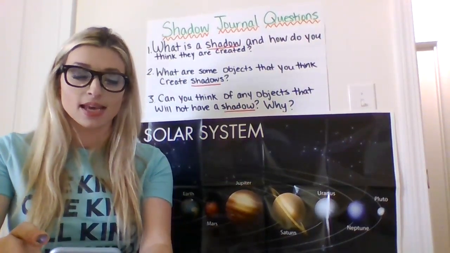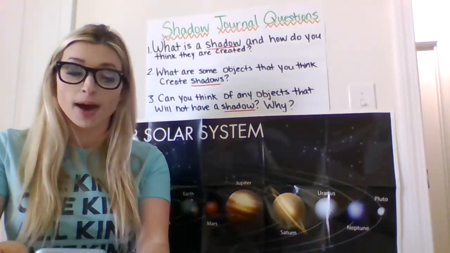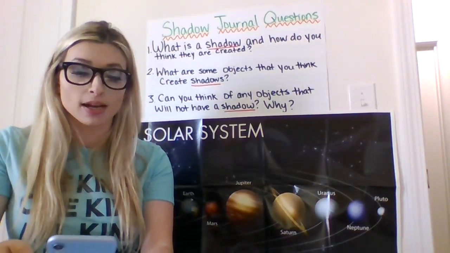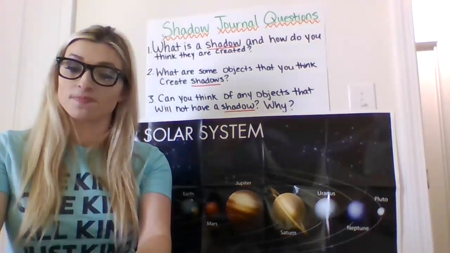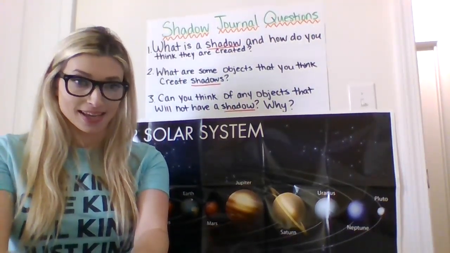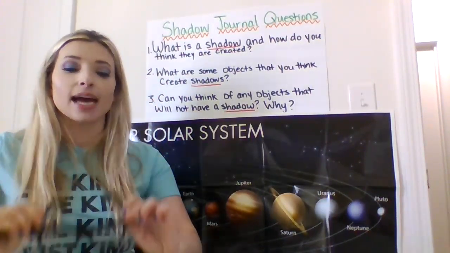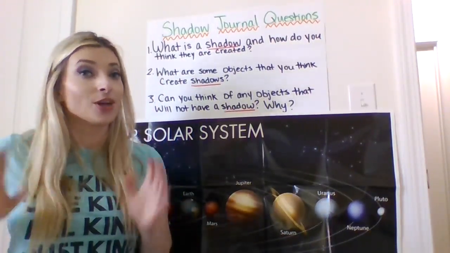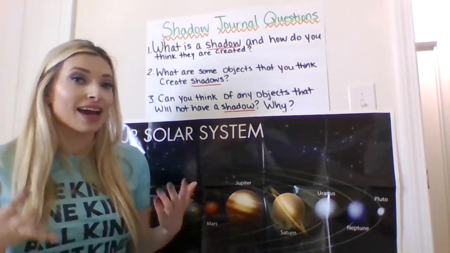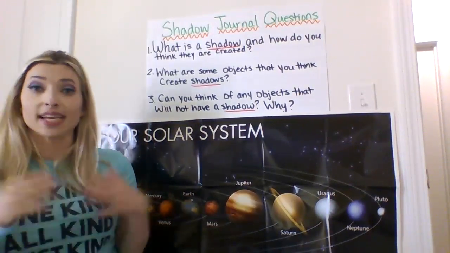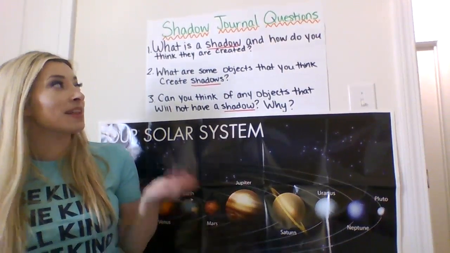So here it is. A shadow is a dark area or shape produced by an object coming between rays of light and a surface. So there's our scientific answer. One thing I heard when I was talking about that was rays of light, and we've already talked about our main source of light being the sun. So keeping that in mind, as well as any other forms of light when you're in your house or anything like that, I want you to go ahead and be thinking about